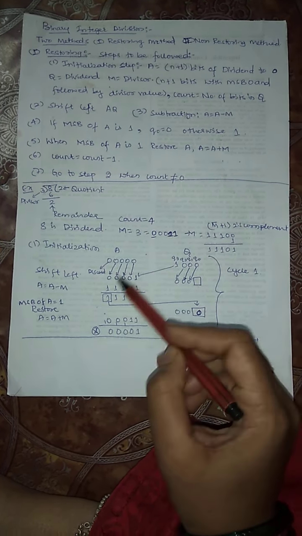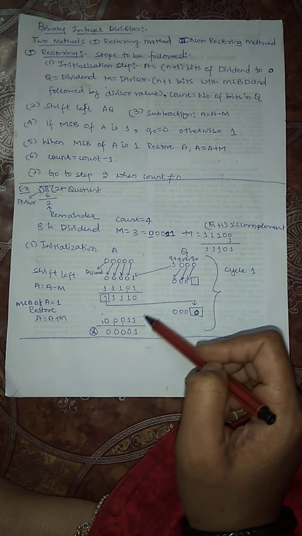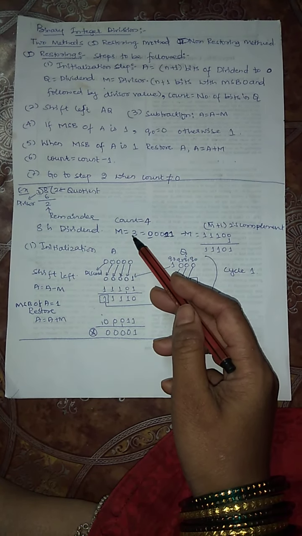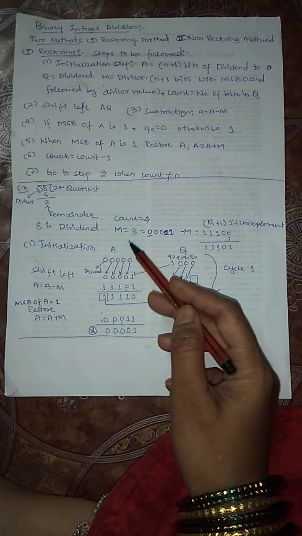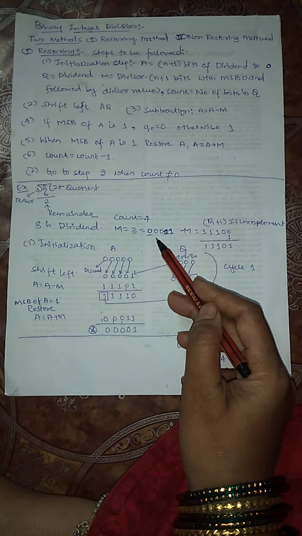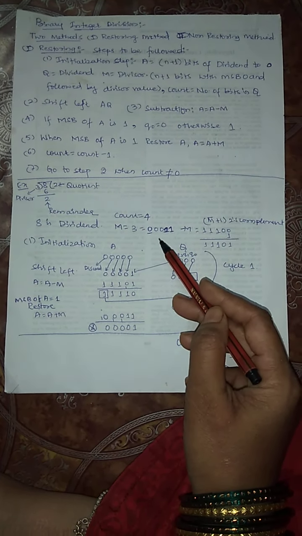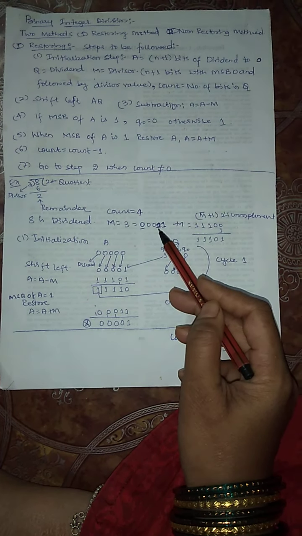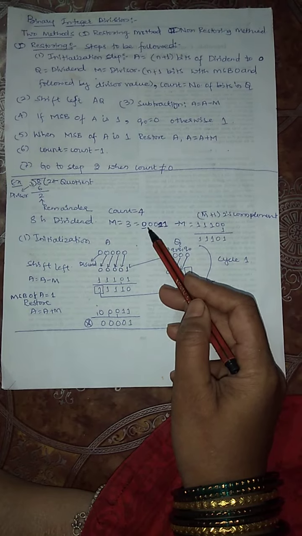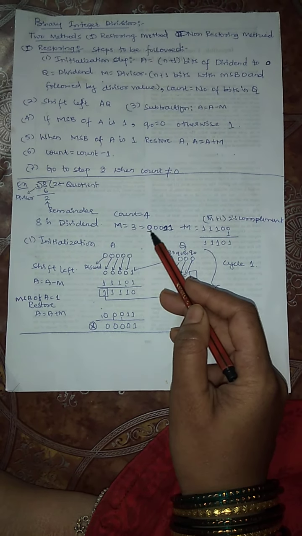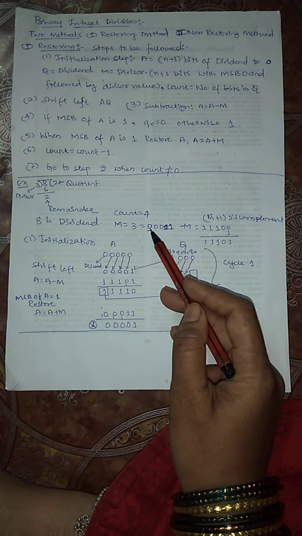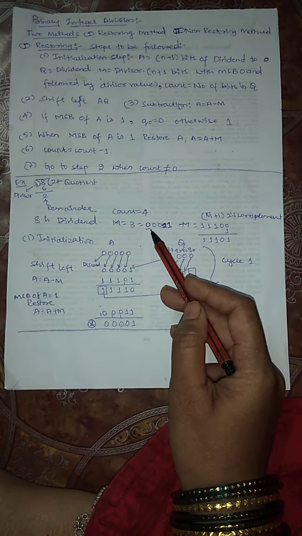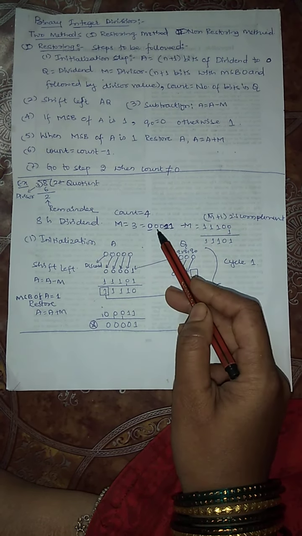Now in the solution we will be requiring the 2's complement of M, that is minus M. How do we get the value of minus M? Just take the 2's complement. How do you take the 2's complement? First you take the 1's complement. In this we change 0 to 1 and 1 to 0. So for 1's complement, here it is 0, 0, 0, 1, 1.